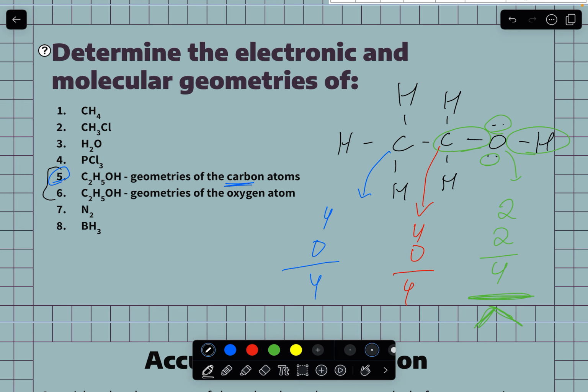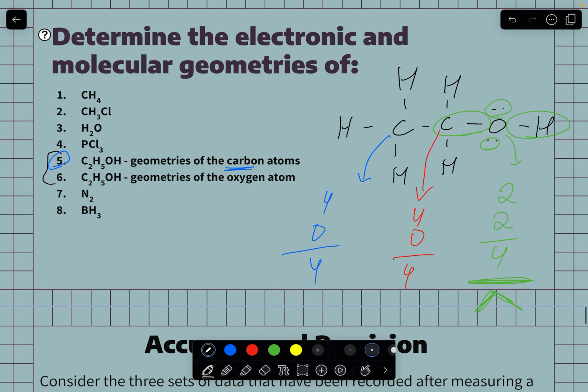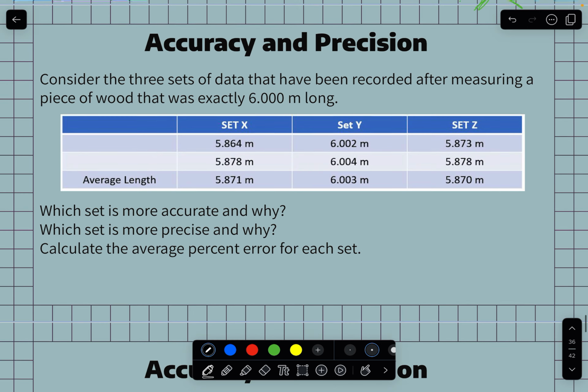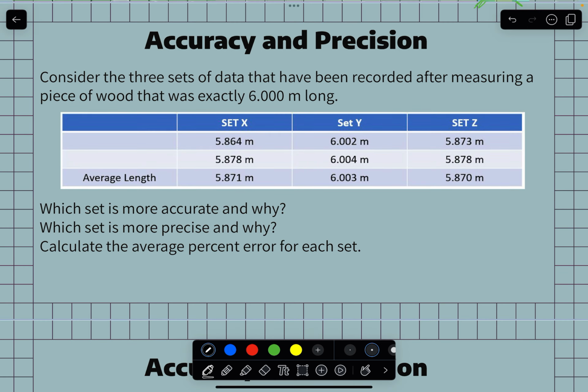So with VSEPR, you can have a bigger compound like this and specify which element, which atom, we are looking at. All right, so that is it for bonding. We're going to talk a little bit about the math side of things. So with accuracy and precision